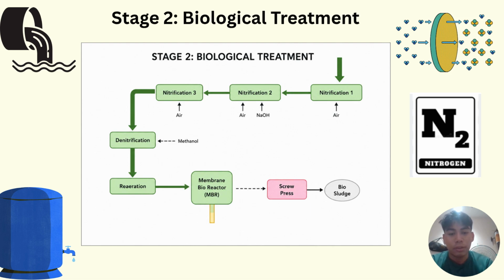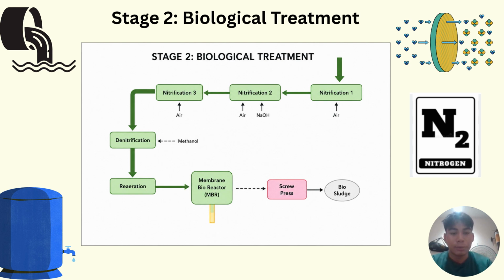After denitrification, it will go into an aeration tank, which provides oxygen via bubbles, to further continue the degradation of the wastewater. After that, it will go through the membrane bioreactor or MBR, and this will split